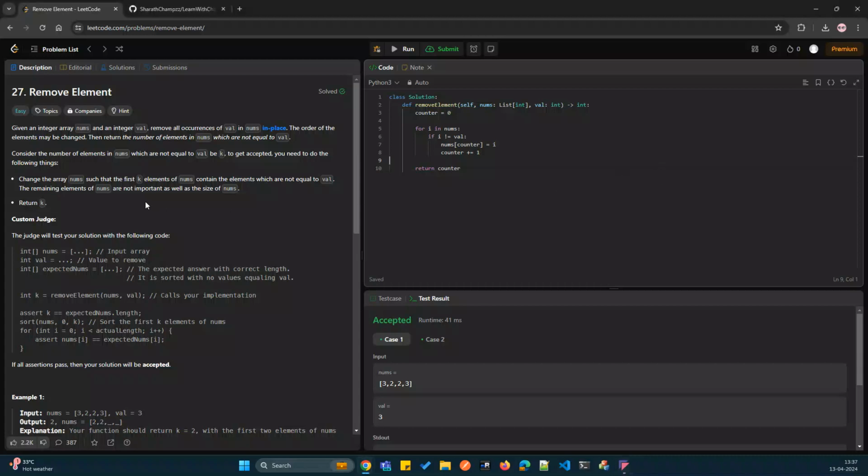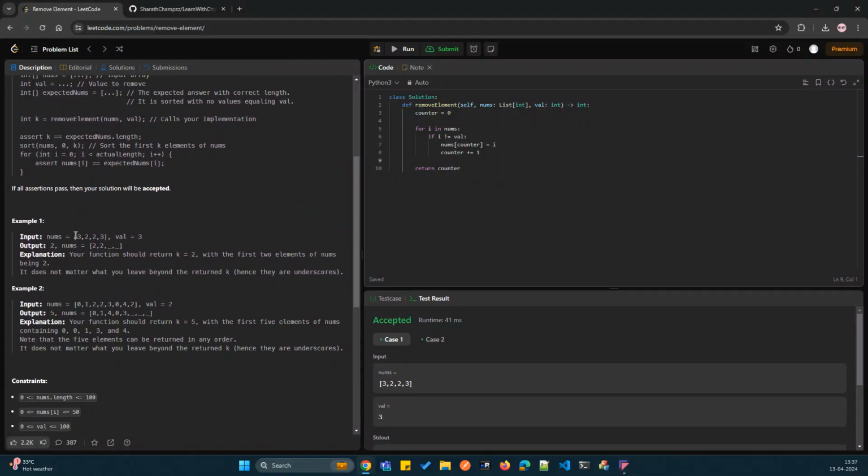Okay, the 27th problem in LeetCode is Remove Element. It is mostly the same as the previous problem where we used to remove the duplicates, right? We will be given a list in sorted order and there will be some duplicate values. So we used to find the distinct values, right? We used to find the distinct values and return the count, and we used to keep those distinct values in the beginning